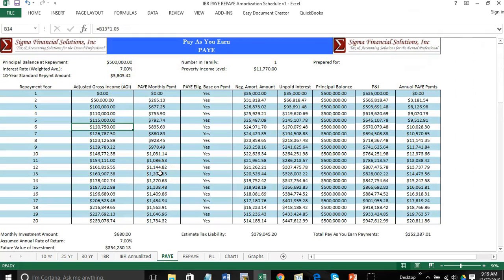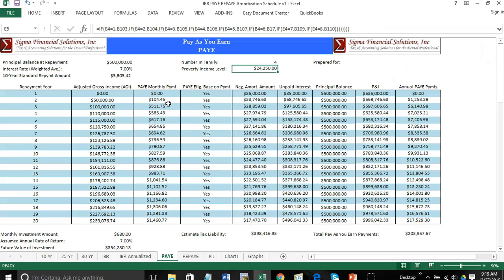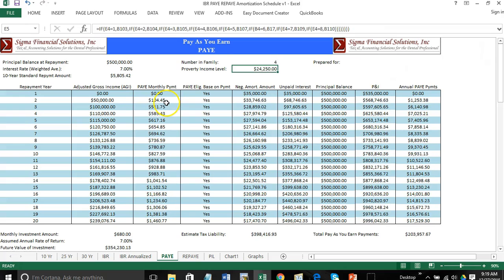So probably the most attractive repayment option here, again, I'm assuming $500,000 at a 7% interest rate, producing a 10-year standard monthly payment amount of about $5,800 per month. Again, the same concept here. Depending upon the family size, it'll influence the payment amount. So if you have 4 in the family as opposed to 1, that monthly payment drops to about